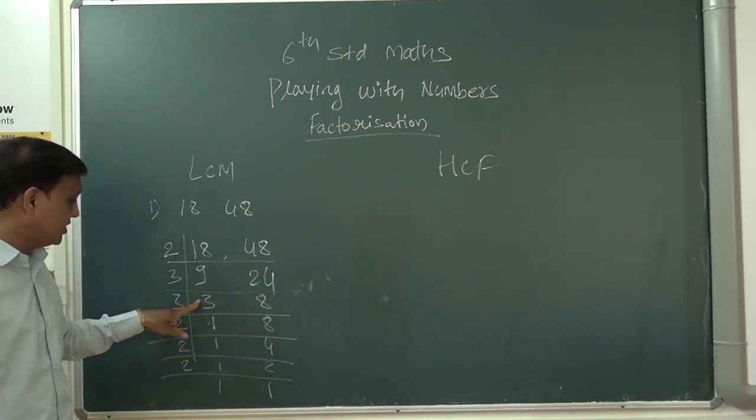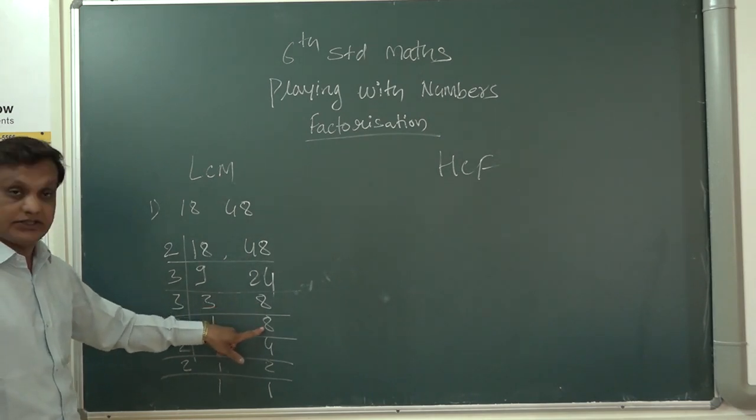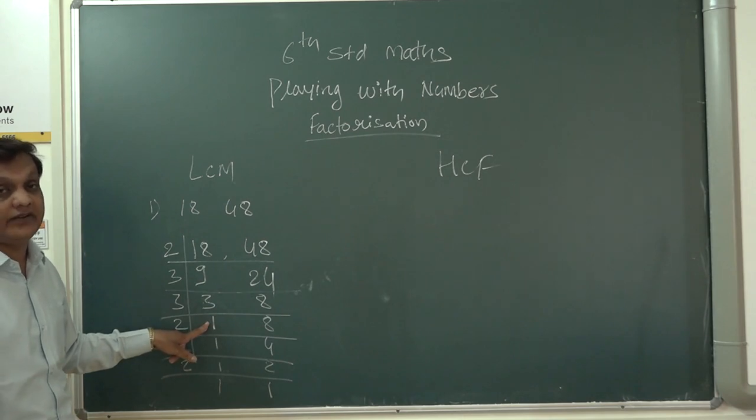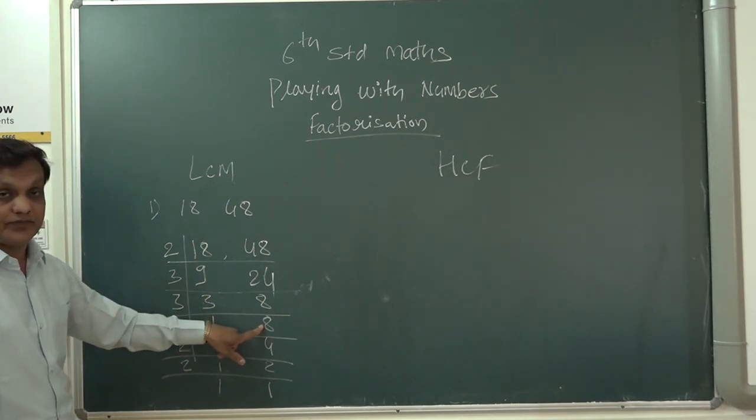Table. So this 3 is going in a 3 table. So 3 1s are 3. This 8 is not going, so 8 as it is. Now the work of 3 is over because we get 1 here. So here we have to stop with this 3. Now the remaining is 8.